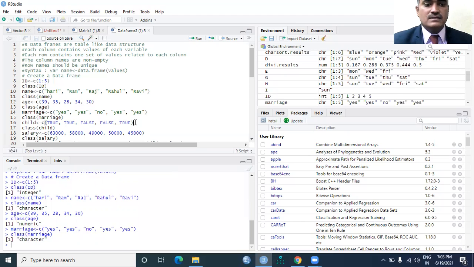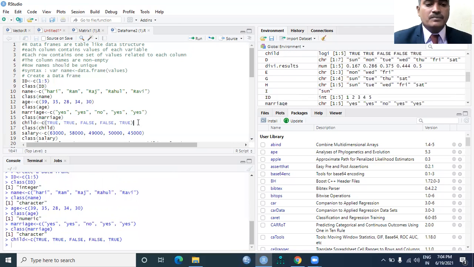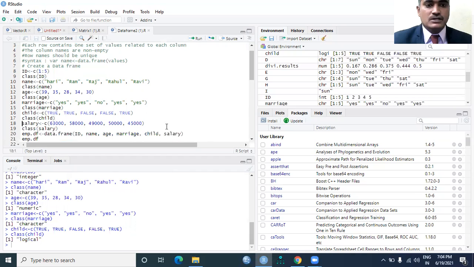If he doesn't have a child, it will be FALSE. So execute this. Obviously, it is a logical type of variable. I want to cross check the class of the child variable. So it is a logical type.